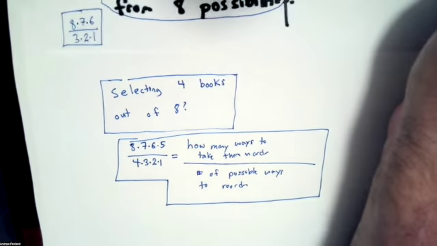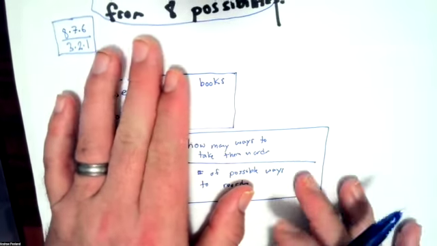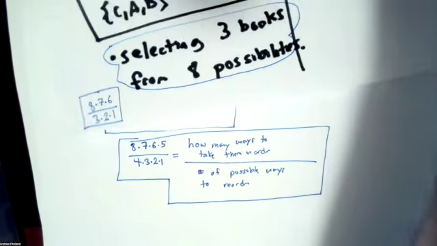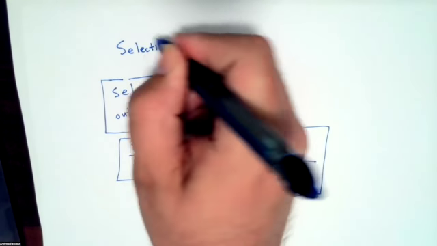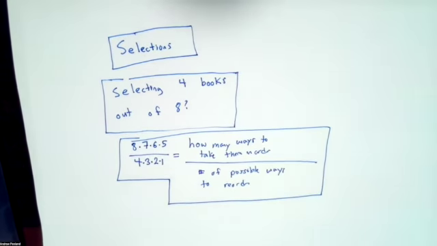And now what I want to introduce you to is notation that we can use to write this. So when we're multiplying something and it's going in order, or there's a definite pattern to the things we're multiplying,